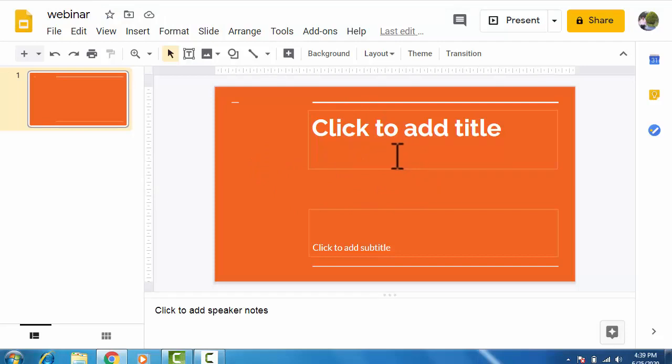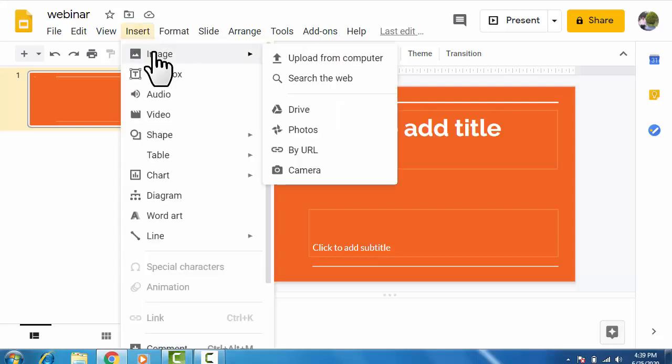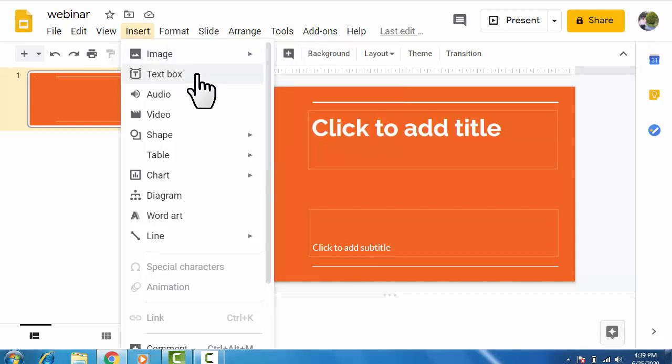So you can create it in any manner you want. Here they have given almost all the options that you want. So you can insert an image also. If you want to put a signature, you just take the signature on white paper, crop that and save that on your computer and upload it with the help of the image option like this. And if you want to insert some text, you can insert the text also.